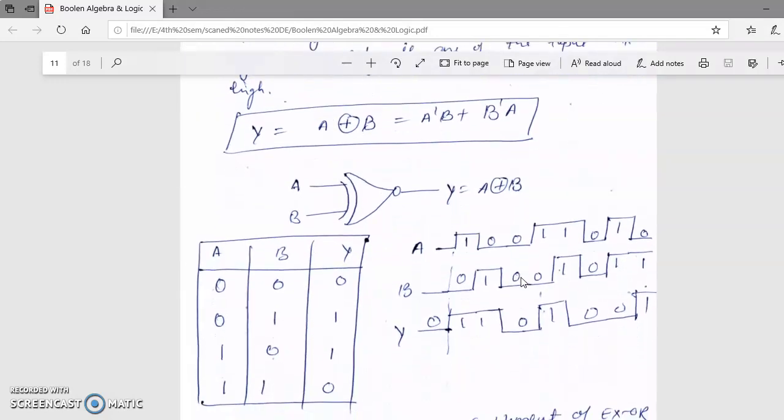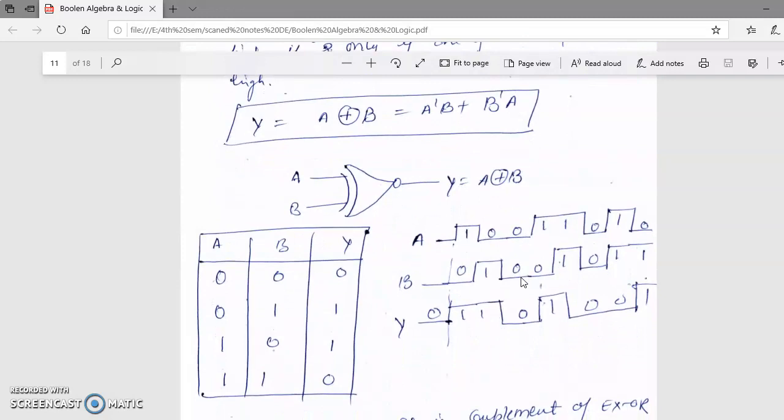We have a high output when any one of the inputs is high. When both the inputs are low or both high, that is 0 0 or 1 1, we always get the output 0. If we have two inputs, A and B, and both values are 0 or both are 1, then we always get 0 at the output in case of XOR gate. Okay, we are familiar with this property of XOR gate. But if one of the two is high, meaning 0 1 or 1 0, then we get the output as high logic, 1.